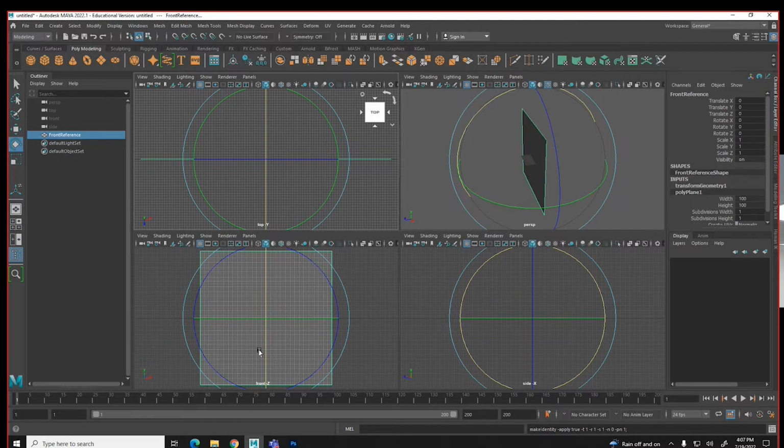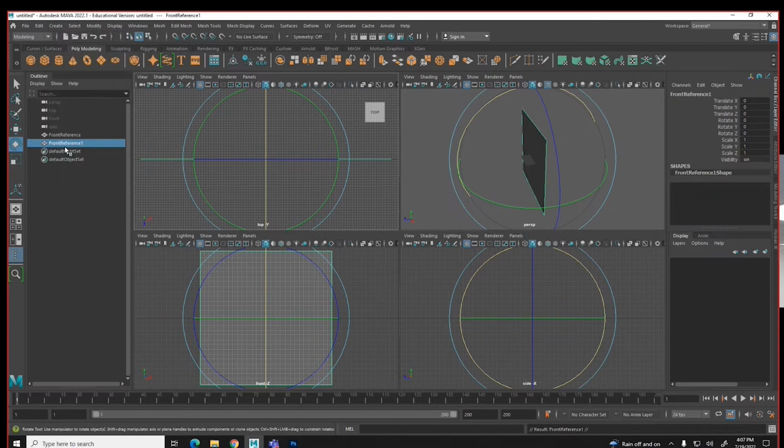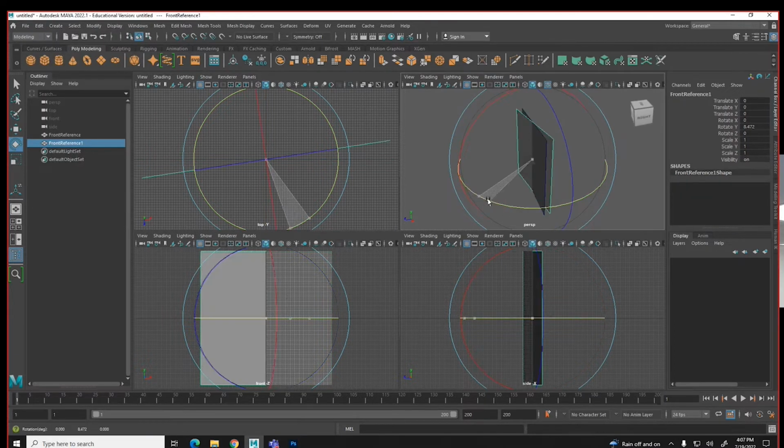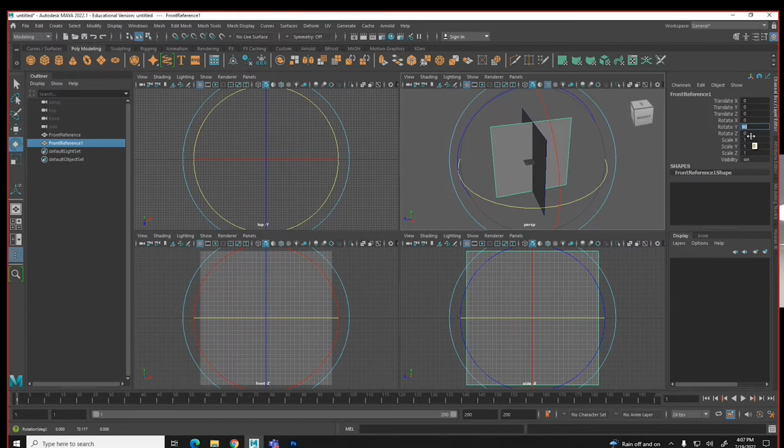And we're only naming it because it's a reference. And this is going to go in its own layer, so we can lock it, so we don't actually move it, we don't actually nudge it, just like tracing. Once I have my front reference, I'll go to Edit, Duplicate, and I'm going to rotate this 90 degrees. So I'll just give it a little bit of rotation here, and then finishing up, rotate Y, 90 by typing it in here. This I will change to